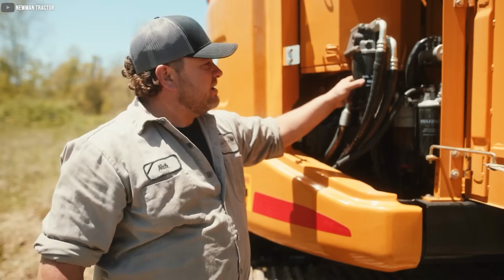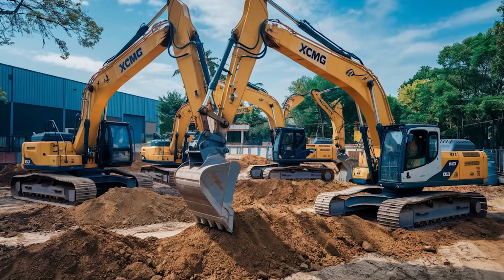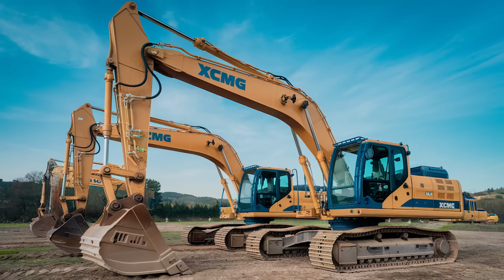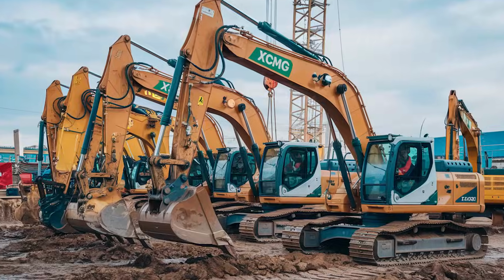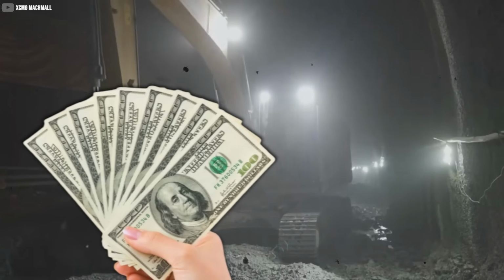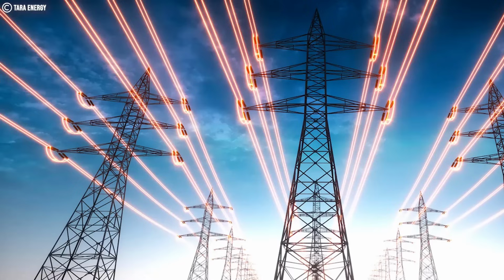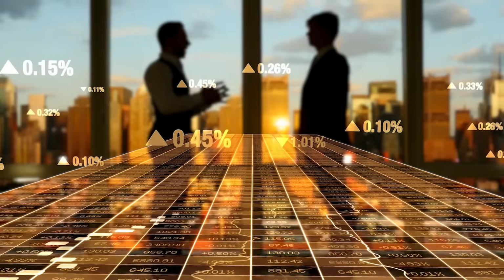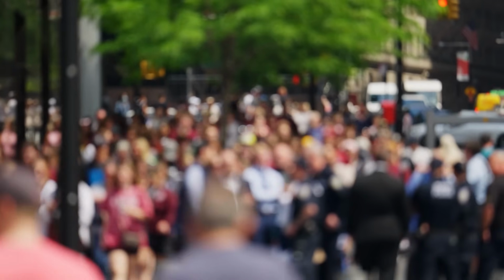Critics often argue that the high upfront costs of electric machines are a barrier to widespread adoption. And yes, while these machines are pricier than their diesel counterparts, the long-term savings are undeniable. Lower operational costs, reduced maintenance, and government incentives for green technology are making the switch to electricity an increasingly smart investment. Add in the fact that China leads the world in battery production, and you have a recipe for rapid